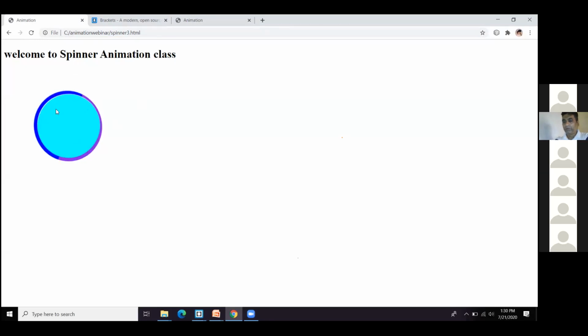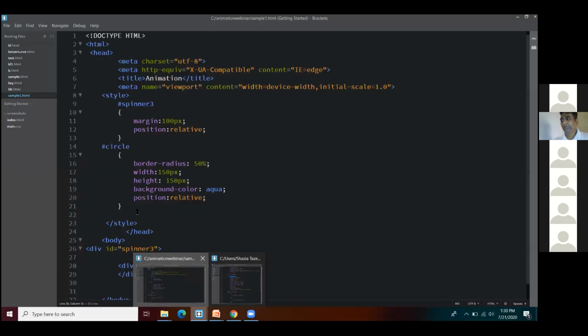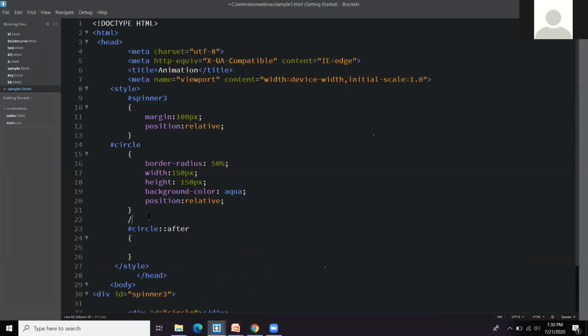You can see I have placed two different borders over here. It's your choice whether you want to place two different borders at two different widths also. At one side it is thinner and the other side it is thicker, right? So let's go ahead and let's use another thing with the circle. We do have pseudo classes, that is how it should appear. The pseudo classes are the ones which will work with your animations.